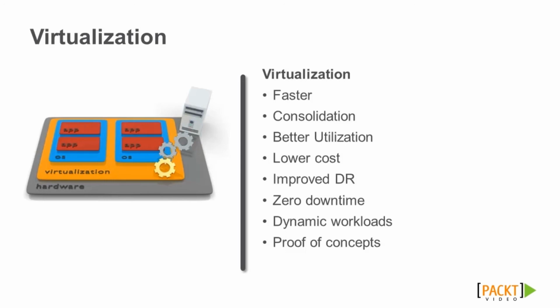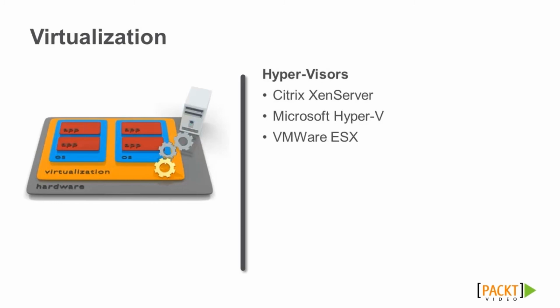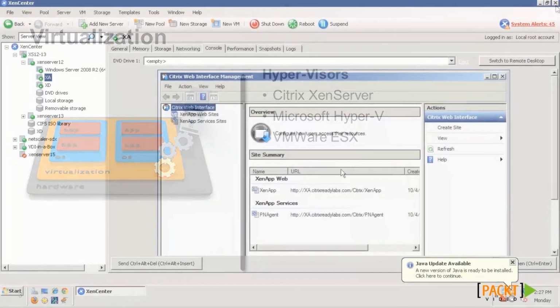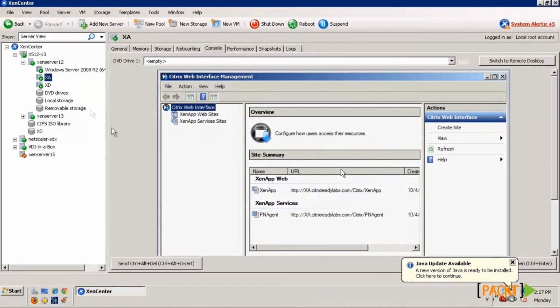XenApp can be installed on servers that have been virtualized on any of the leading hypervisors, such as Citrix's own XenServer, Microsoft's Hyper-V, and VMware's ESX. Installing XenApp on a Windows server or virtual machine is the same as installing it on physical hardware, so installation should be straightforward. In fact, this entire demonstration, all these chapters that we've been going through and looking at examples,